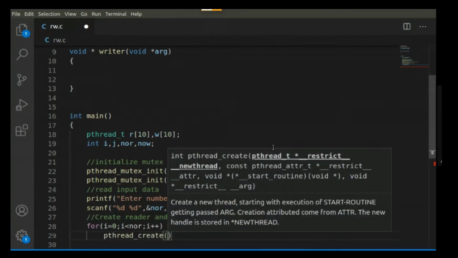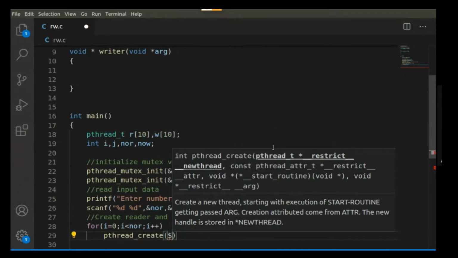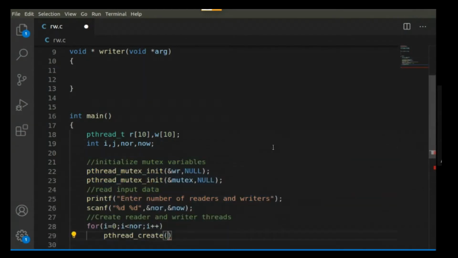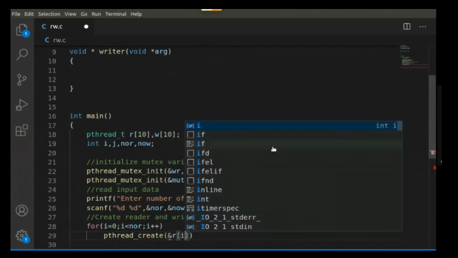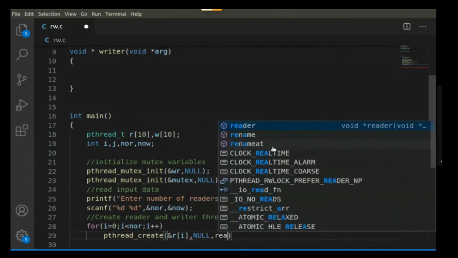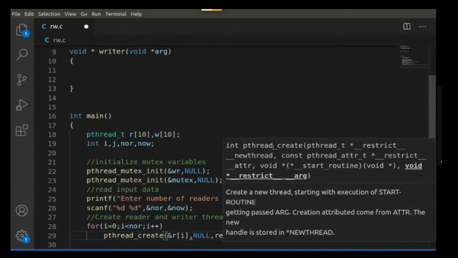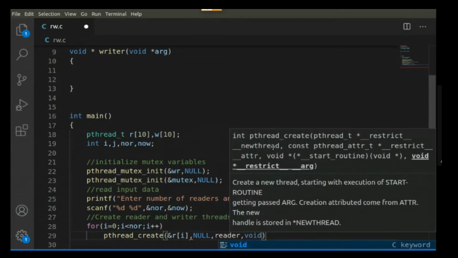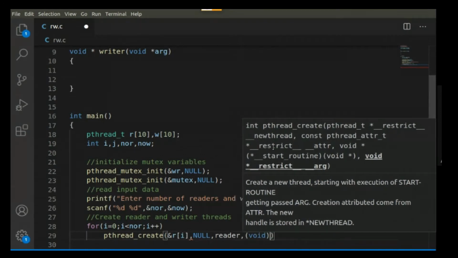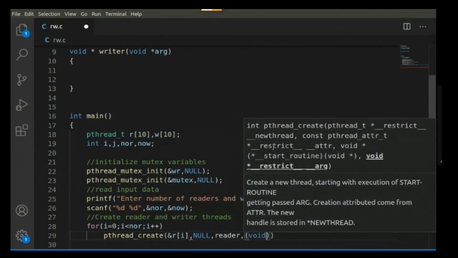The first parameter is a thread variable, so address of R of i, comma attributes NULL, comma the thread function name, reader, comma the argument. The argument is of type void star, and i.